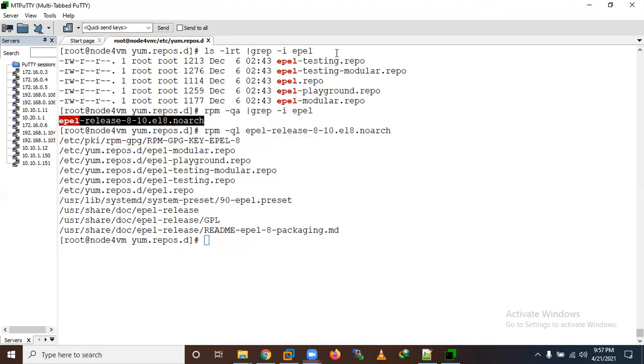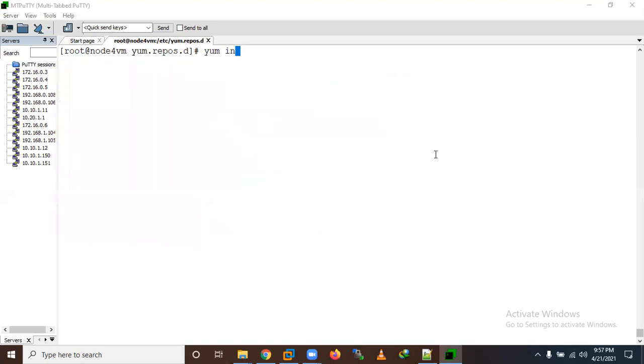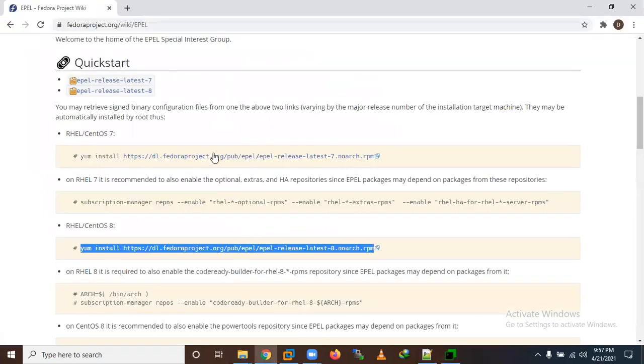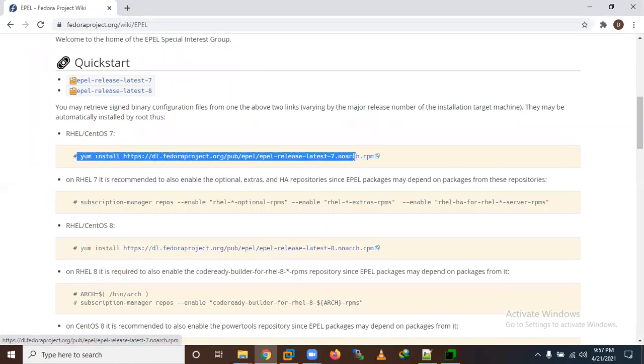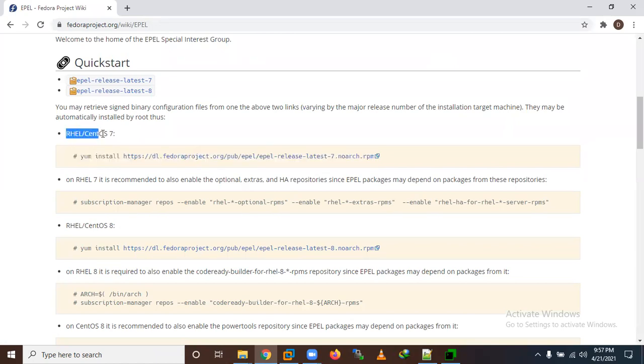Now let us go for yum install ansible. And if you want to use it for 7, please use this, so it will install related to your 7. This link is valid for RHEL or CentOS operating system. If you want to use it for OEL, Oracle Enterprise Linux, it will support that too. They have not documented it here, but yes, it will support Oracle Enterprise Linux as well.